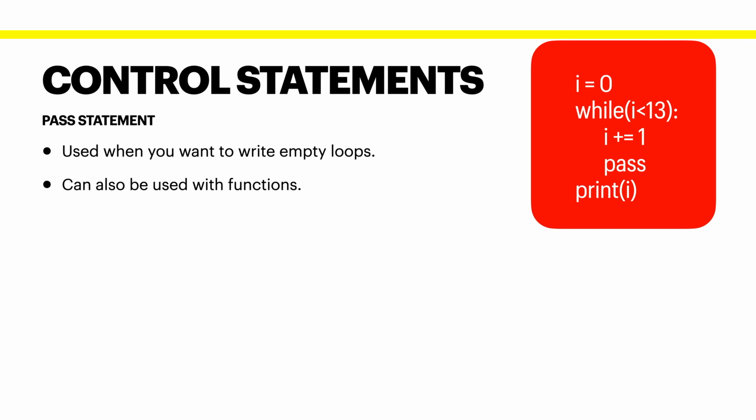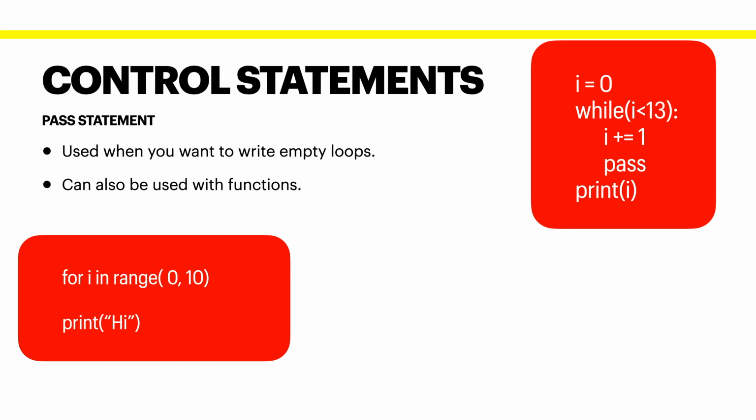Okay, in the next example, we are using a for loop. Now consider a for loop, and you want to initialize an empty for loop and use it for some purpose, but you don't want to mention any statement or any code in this for loop. So can you do it in Python? No, you cannot. You cannot write an empty for loop in Python. In order to write an empty for loop in Python, we use the pass statement. So the correct method of writing an empty for loop is this method.